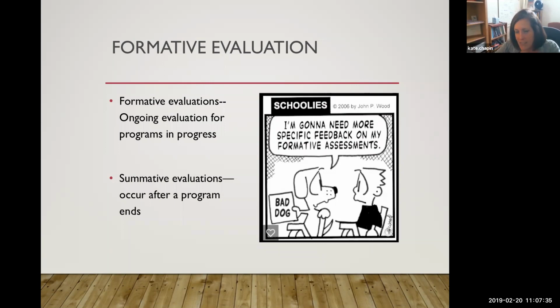I teach classes at the university as part of my role, and I appreciate the opportunity at the end of the semester to get evaluations and figure out how I can improve for the times that I teach the course in the future. However, it doesn't really help the students that I'm teaching in the moment. And so I do make a point of doing a formative evaluation midway through the semester because I want to get the feedback and make some adjustments so that the students who are giving me feedback can benefit from those adjustments.